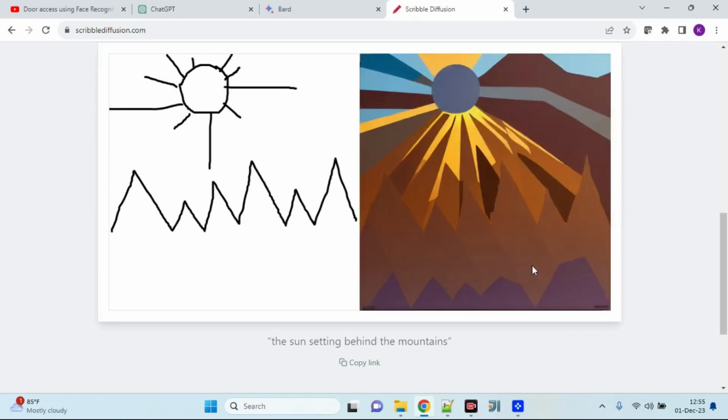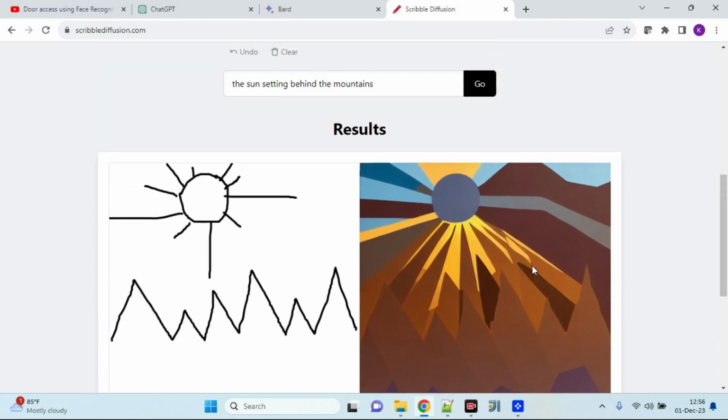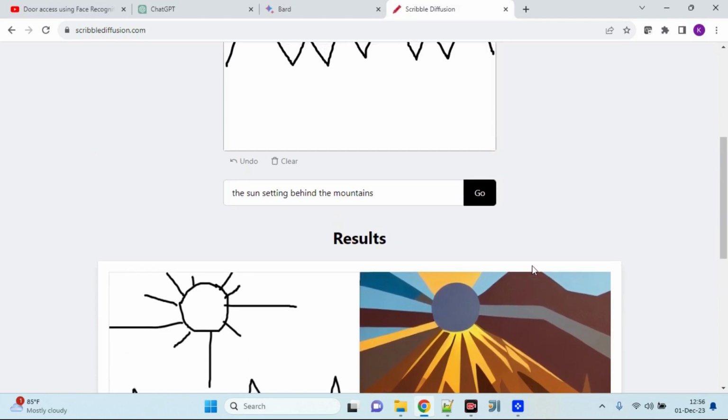Alright, so if you see this image, you can very well understand the information that you scribbled on the left side of the Explorer, and it simply converts into a beautiful image generated using artificial intelligence. So this is one beautiful tool: whatever comes to your mind, you can simply scribble it, and in turn AI will give you that respective image. This is one fantastic tool that even kids can use in the world